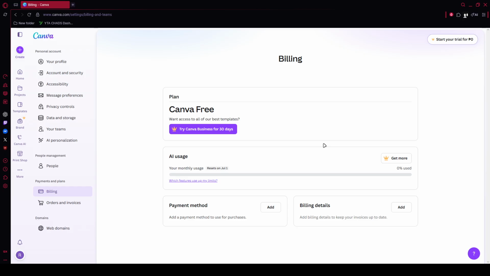Finally, don't stop until you verify that the cancellation actually went through. Canva should return you to the Billing and Plans page, where your subscription status will now show that the plan is set to end on a specific future date. That message is important because it confirms the cancellation was successful. You'll still be able to use your premium features until the end of your current billing period, and after that, the account